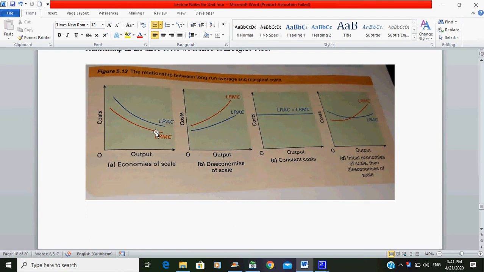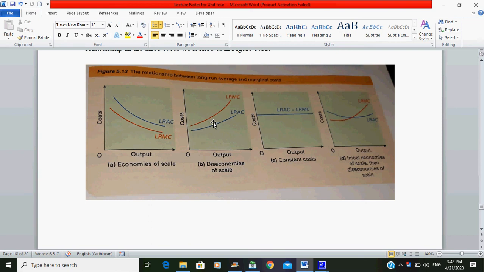If there are diseconomies of scale, which is represented by diagram B, additional units of output, remember that marginal is the additional units of output, right? Additional units of output will cost more than the average. Thus, the long run marginal cost curve is above the long run average cost curve, right? The LRMC curve must be above the LRAC curve, pulling it